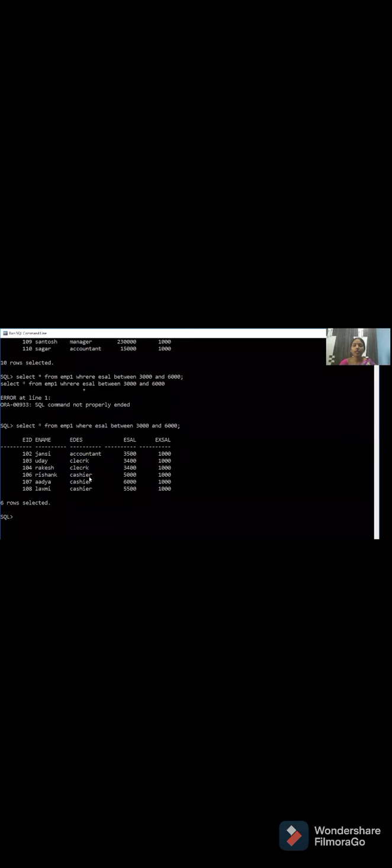So in means what? You have to provide a list of values to check whether our required value exists or not. So between and in operators are the same, but we have a slight difference. In between, what numbers are you telling? You are telling 3000 and 6000. That means from starting 3000 up to 6000, whatever values are there, all the values should come. But in, you have to specify 3000, 4000, 4500, 6000. Only these four values are compared with the required column.